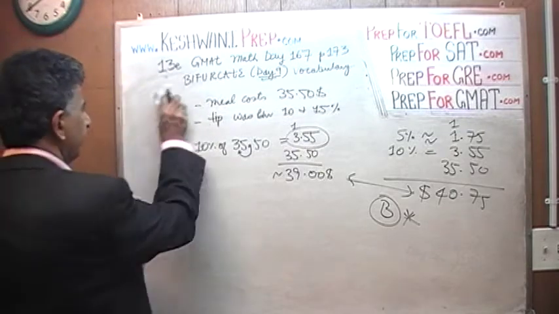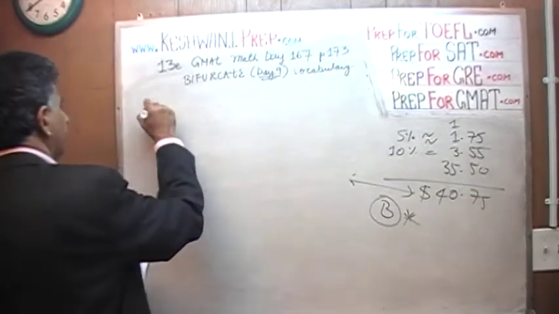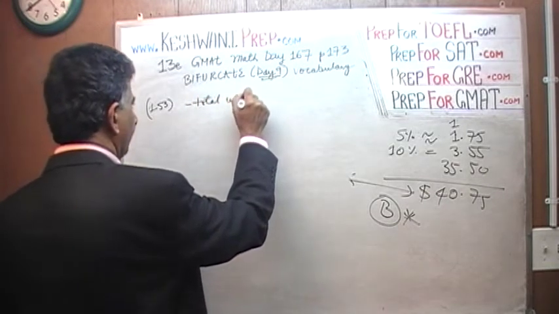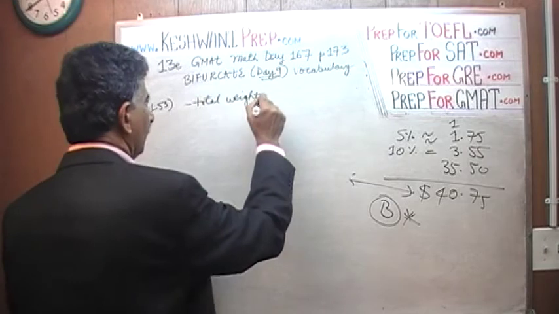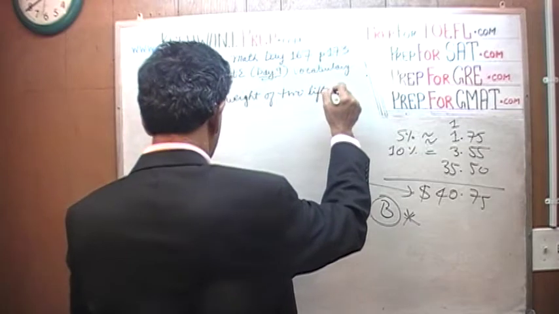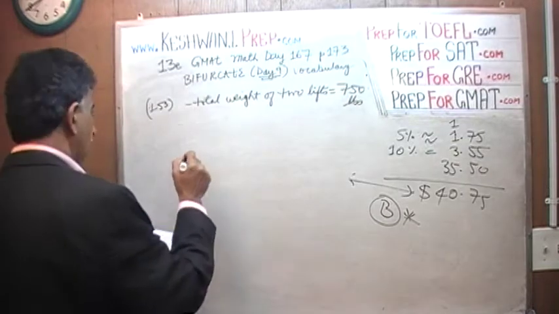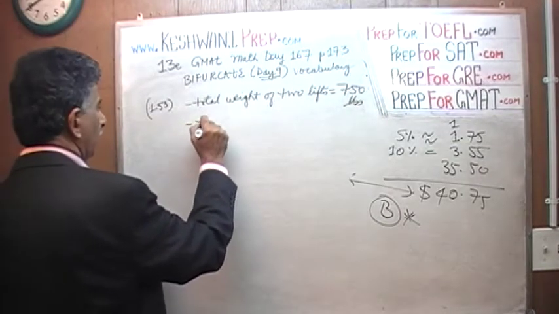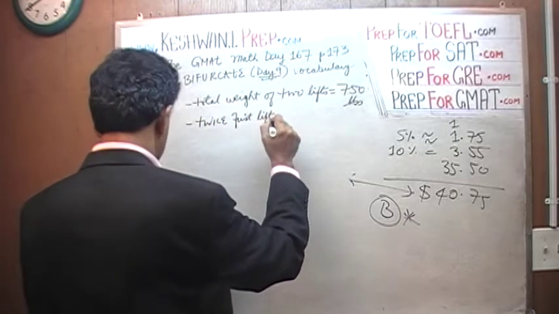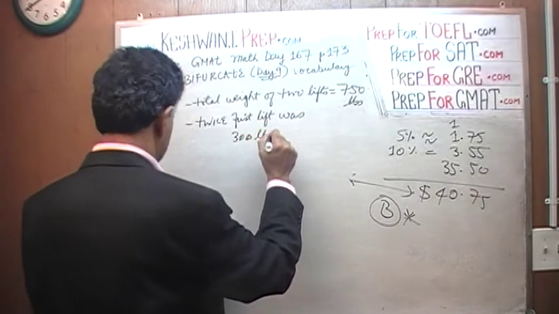Number 153. In 153 we are told that the total weight of 2 lifts equals 750 pounds. We are told that twice the first lift was 300 pounds more